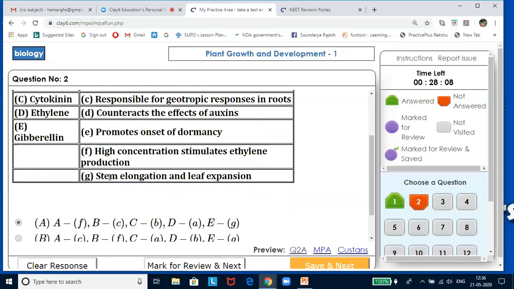The pigment cytochrome controls photomorphogenetic responses. True. Cytochrome pigment occurs in two photoreversible forms. Yes. Because of its occurrence in two photoreversible forms, we are able to have the photomorphogenetic responses. True. Photomorphogenetic responses are controlled by the pigment cytochrome. So the reason is the correct explanation. So, A is the best.